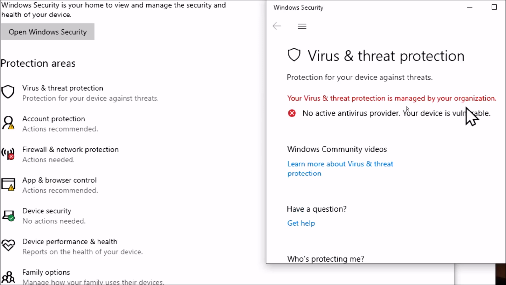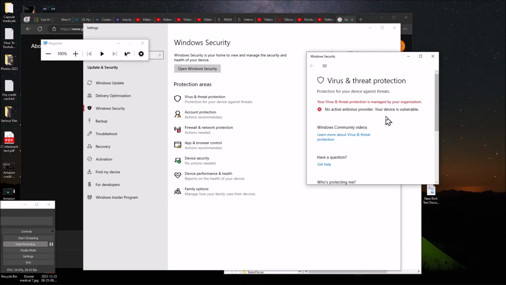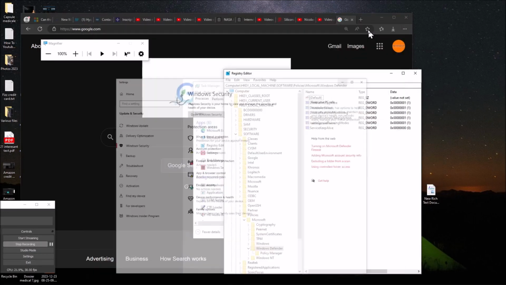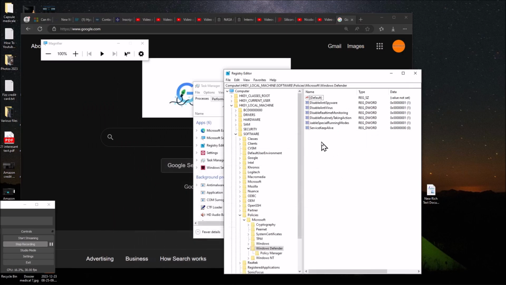I don't have any antivirus or any anti-malware or something like this running on my computer. It's nothing in there, no active antivirus provider. So Windows thinks you are running your own antivirus, not the Defender one.